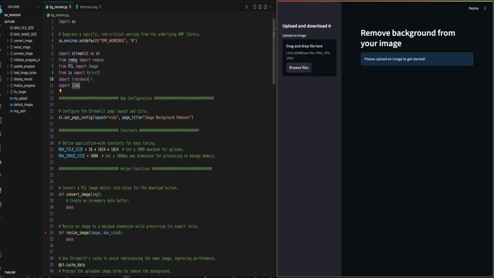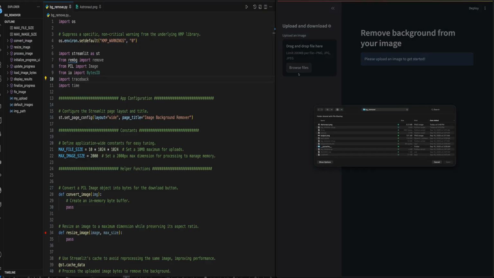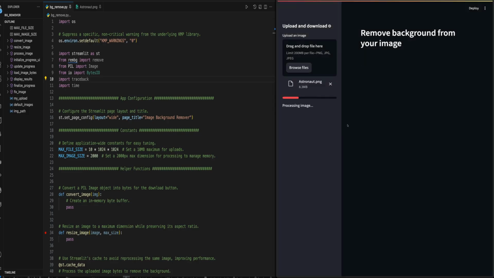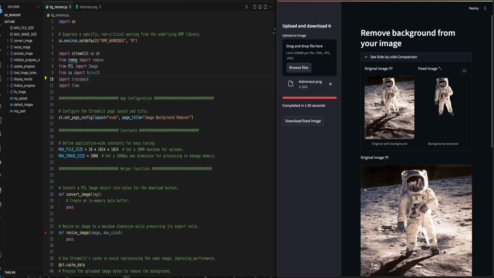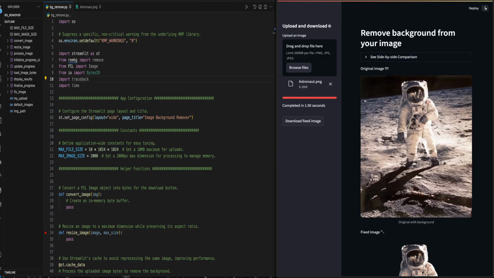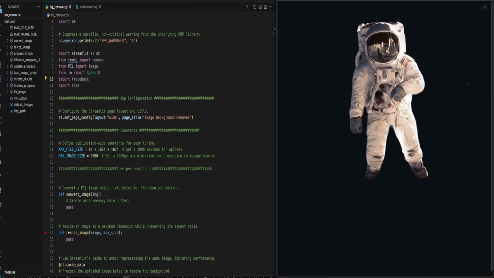Today we're going to be creating an app that removes the background of a photo in a pretty simple way. Here's the finished app. We're just going to upload a photo. The photo we're going to upload is an astronaut photo. It processes it. You can either look at it side by side, zoom in, zoom out, and then the removed